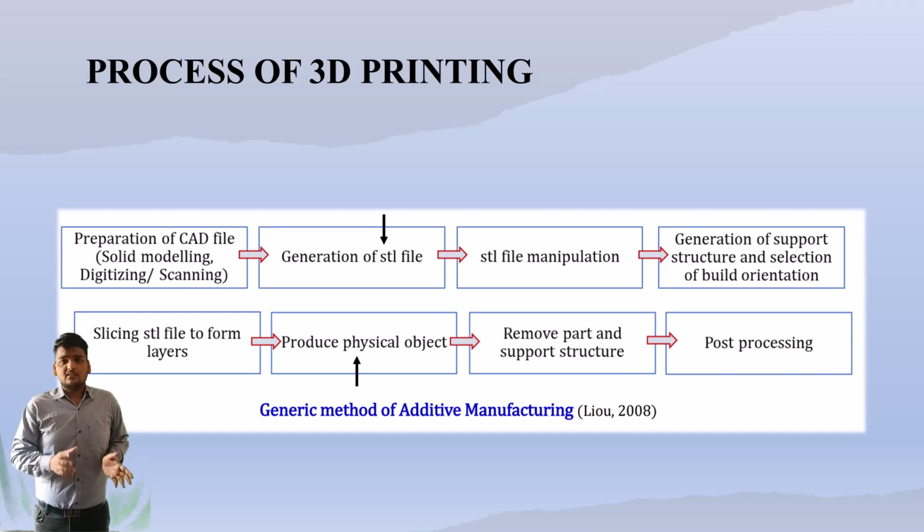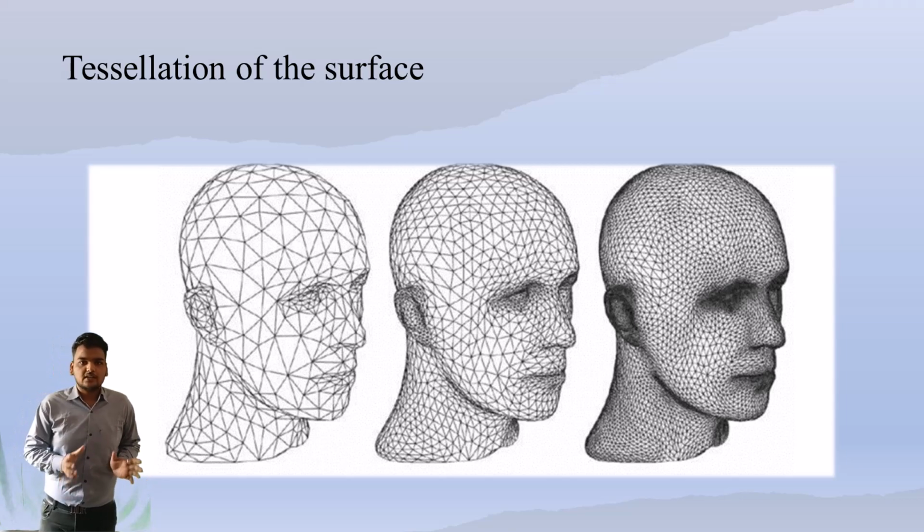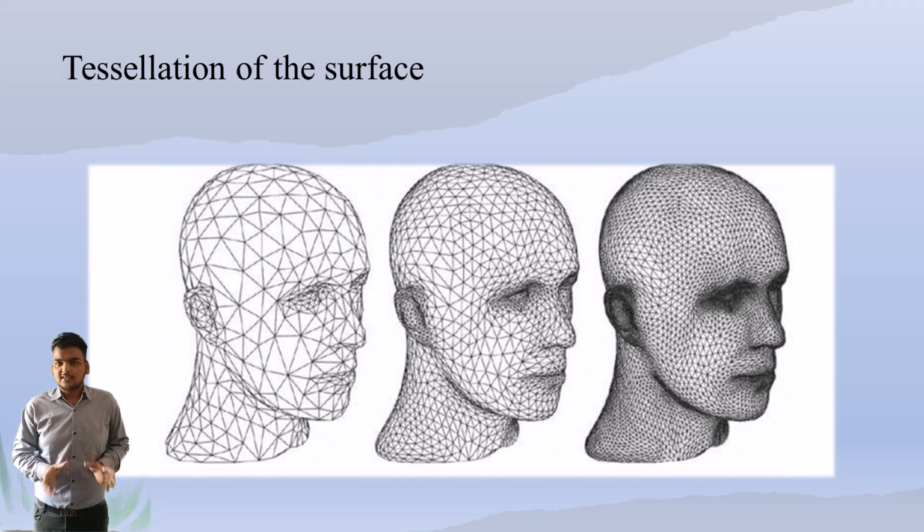In the slicing of the STL file, we convert a single object into multiple layers that can be of the same size or of different sizes. If slices are of different sizes, then that is called the adaptive slicing method, which is an optimizing method to get better surface finish with less material loss in support structures. The next slide represents the tessellation of the surface. That is nothing but a method of conversion of a single object into multiple small elements. As we increase the tessellation or reduce the element size, the surface finish will increase.